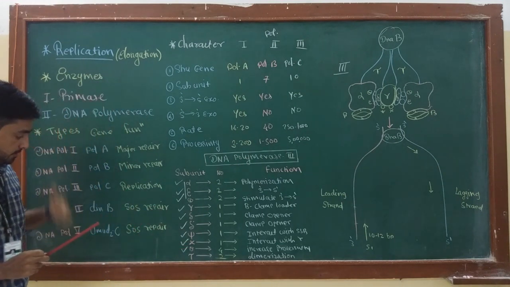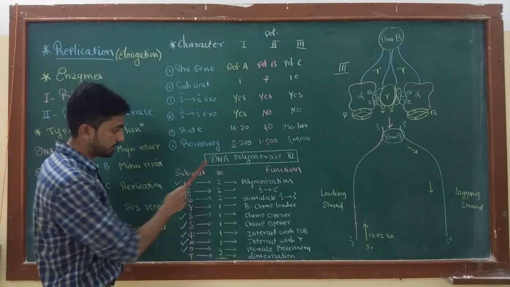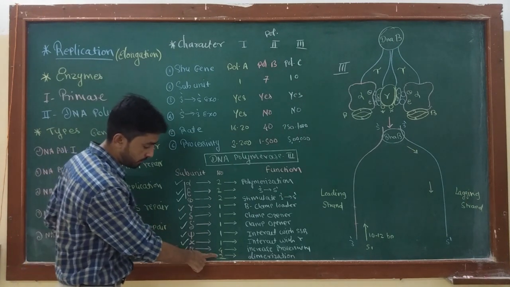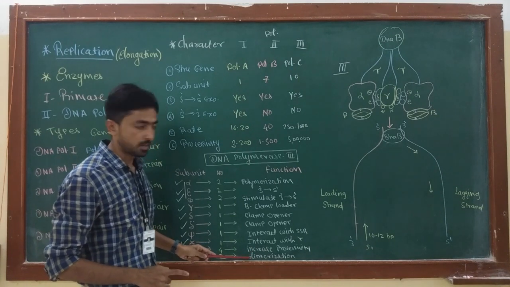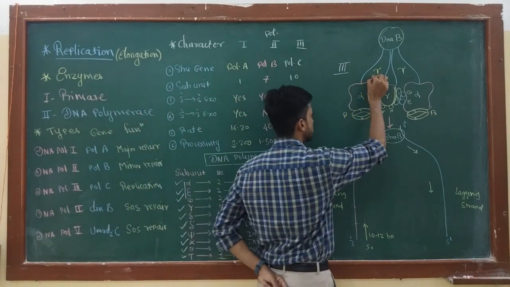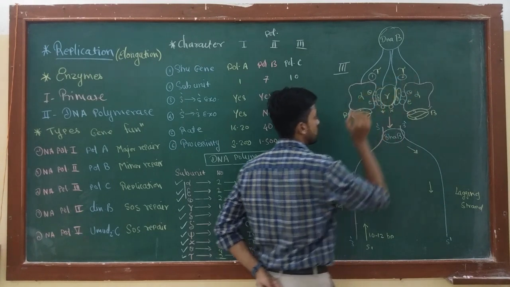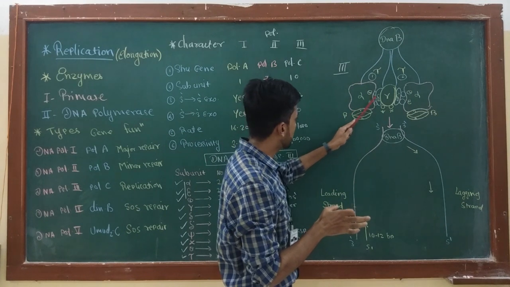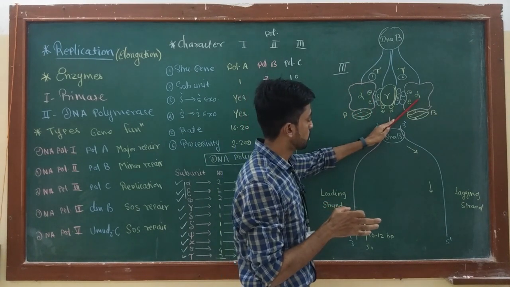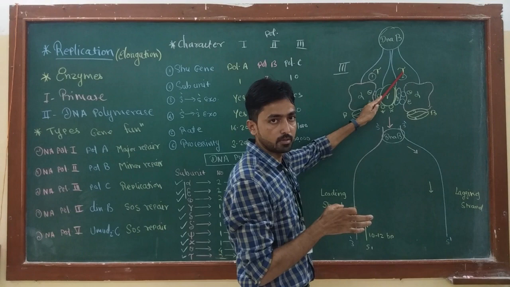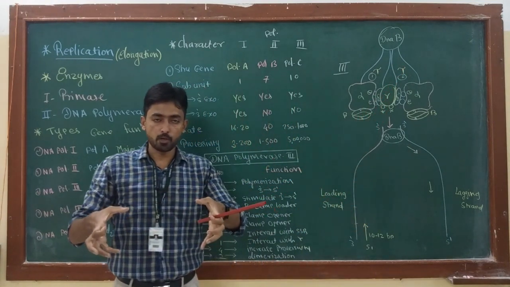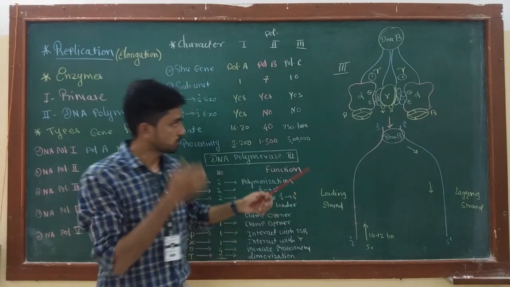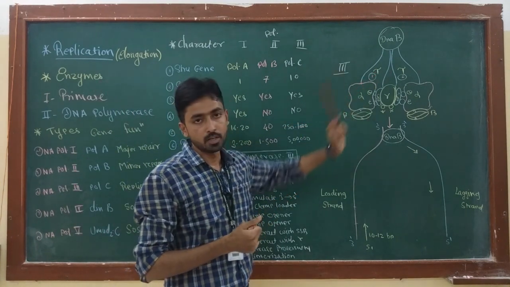Now the last subunit of DNA polymerase 3 enzyme is tau. Tau subunit is 2 in number, and the function of tau is dimerization. Here you can see this is first and this is second. What is dimerization? Dimerization is the activity by which this alpha core polymerase is attached to the second core polymerase by the tau subunit. That means tau holds both the core polymerases from the leading and lagging strand together. This is also an important activity played by the tau subunit.